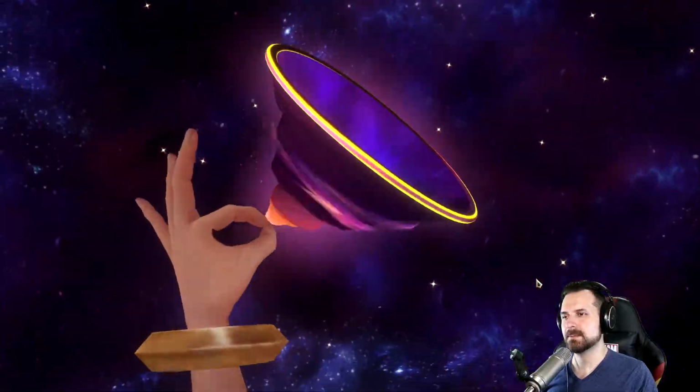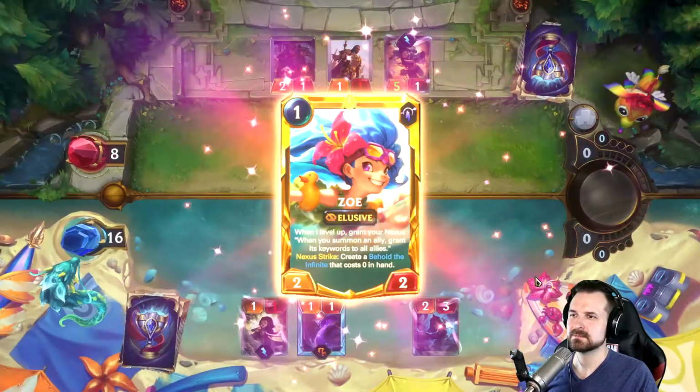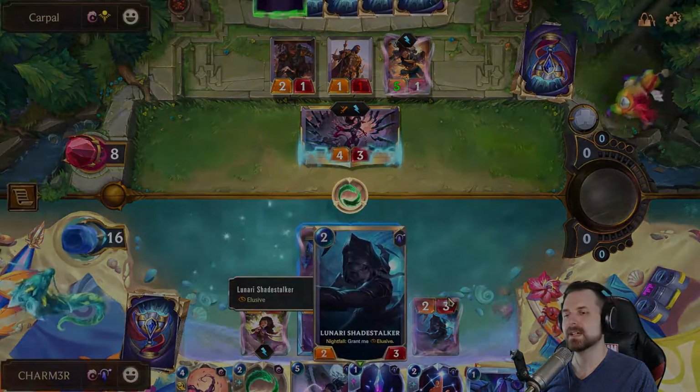We're just gonna go ahead and level up our Zoe, I guess. Which is not normally the game plan for this deck, but...